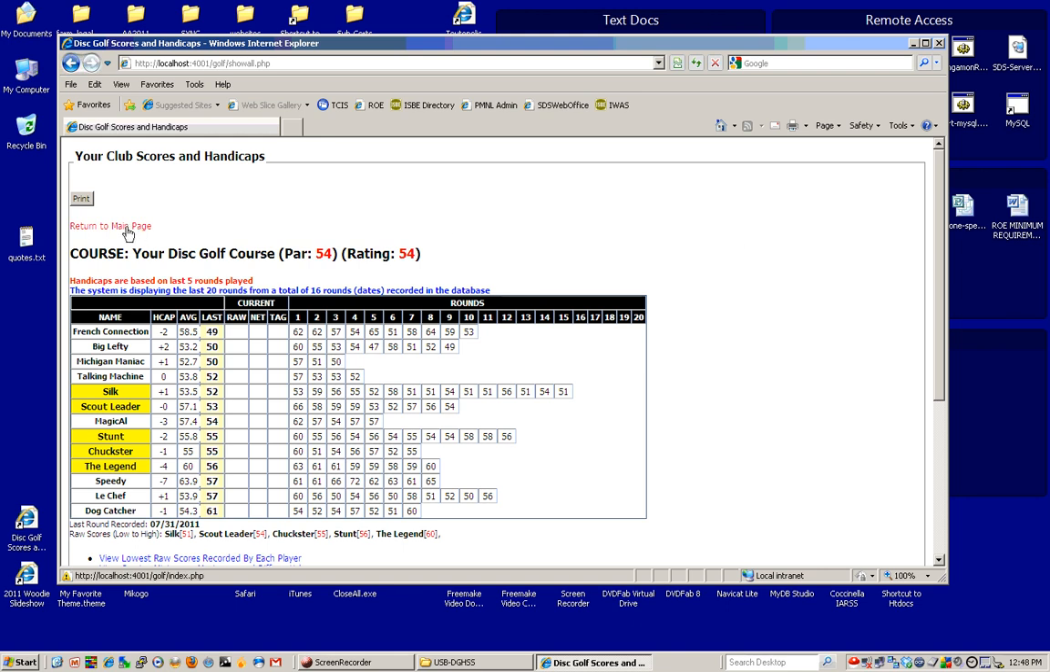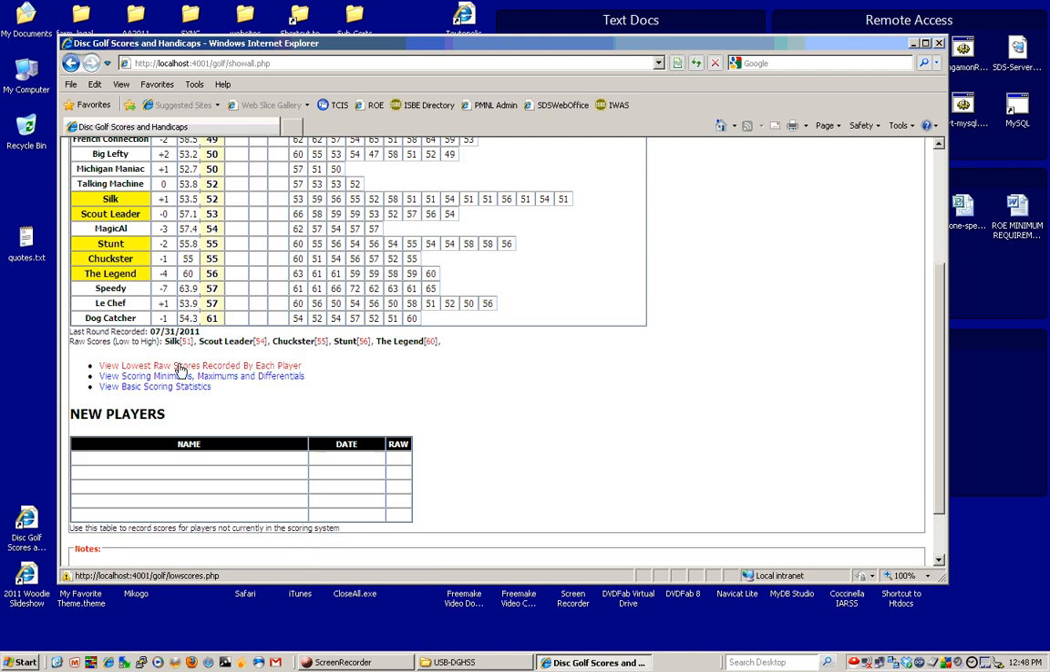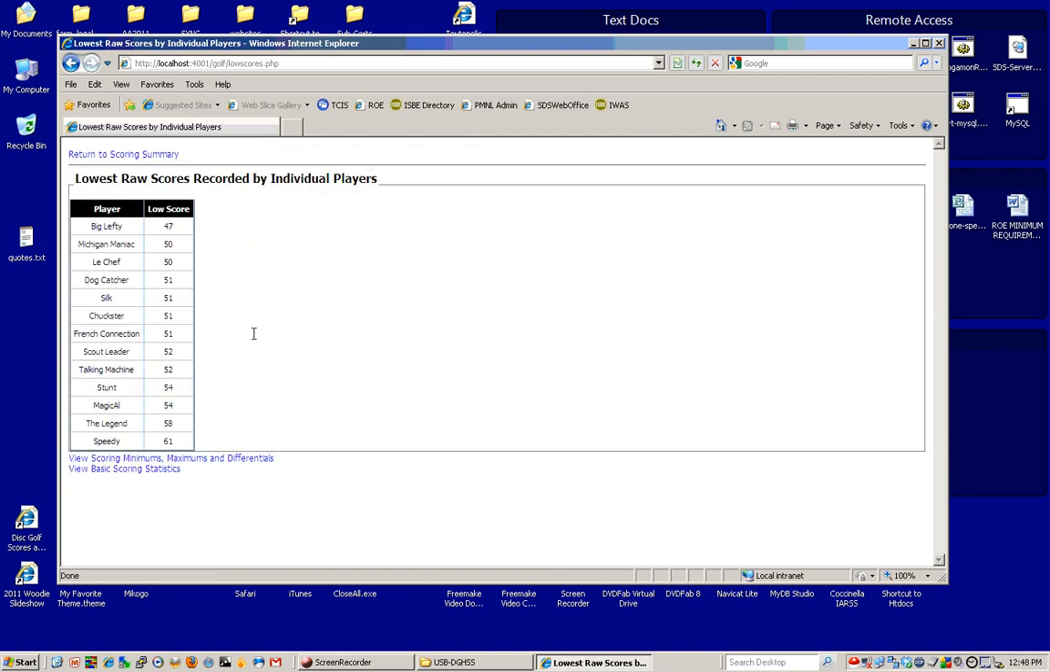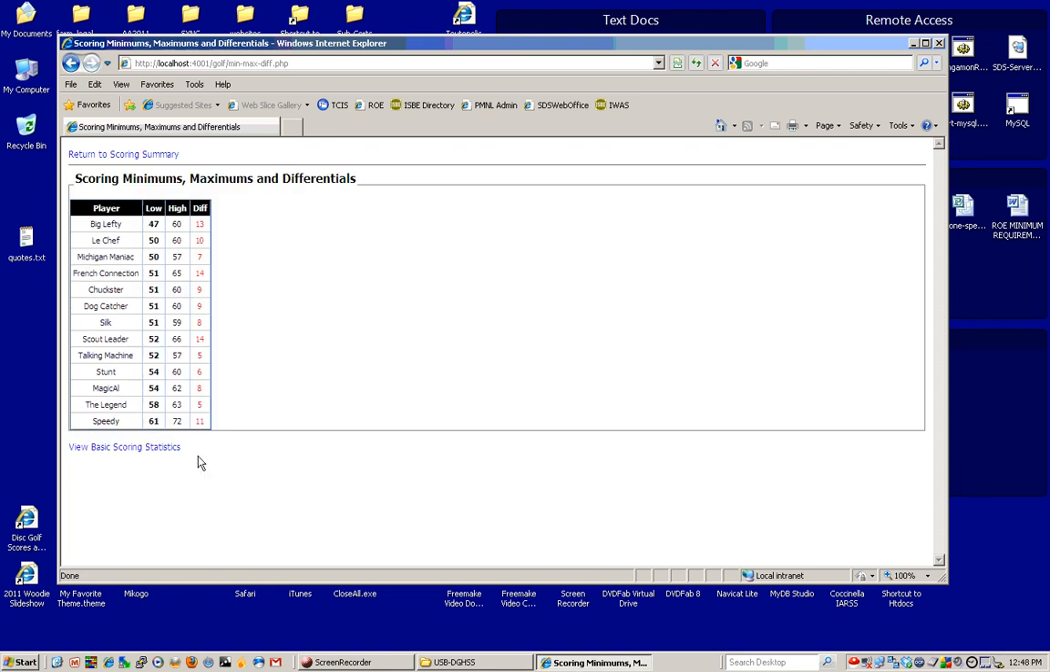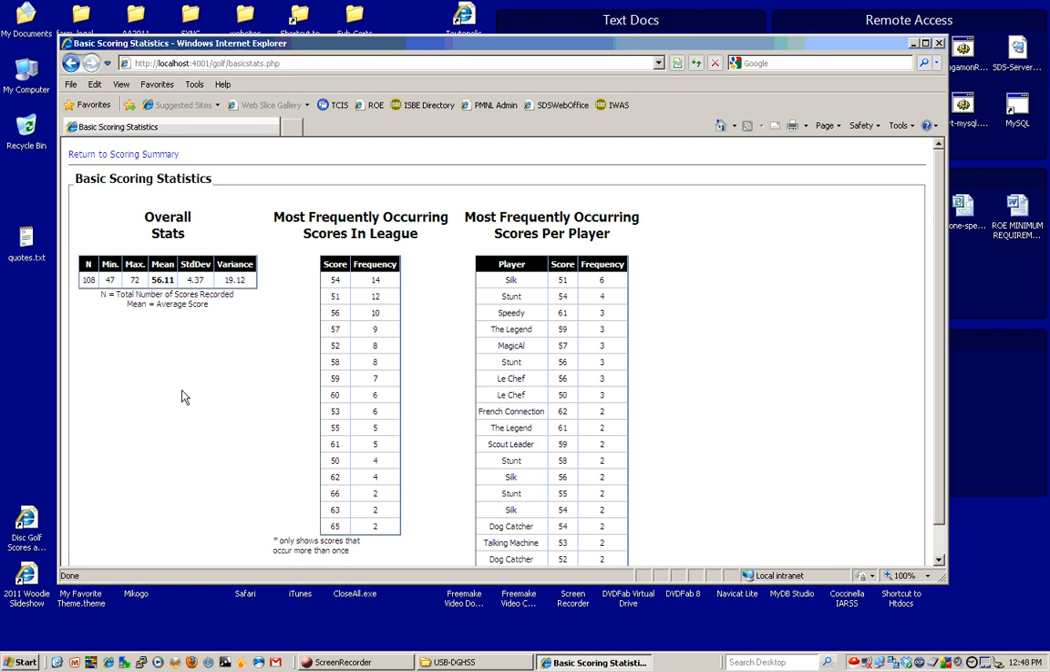So in order to manipulate this data system, before we do that, let's take a look at one panel that shows the lowest scores by each player, another panel that shows lowest and highest and the differential, and a third panel that shows the overall stats on the course. So if you like statistics, this is kind of a neat little set of charts. So if we go back to our main panel